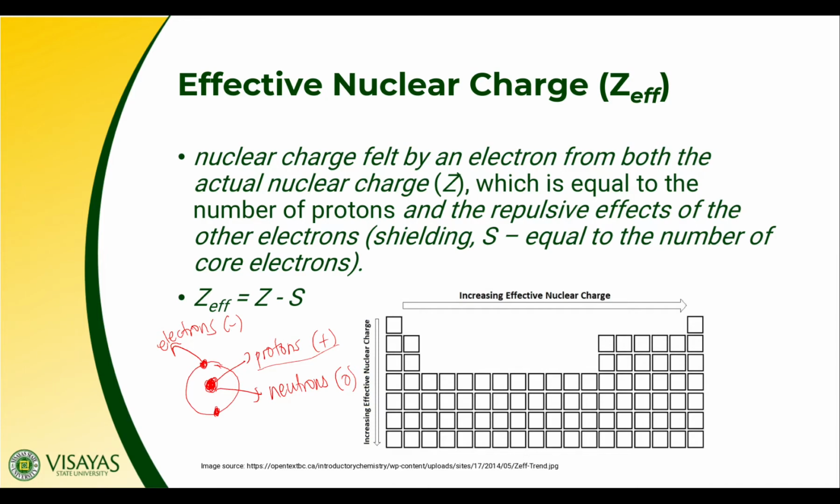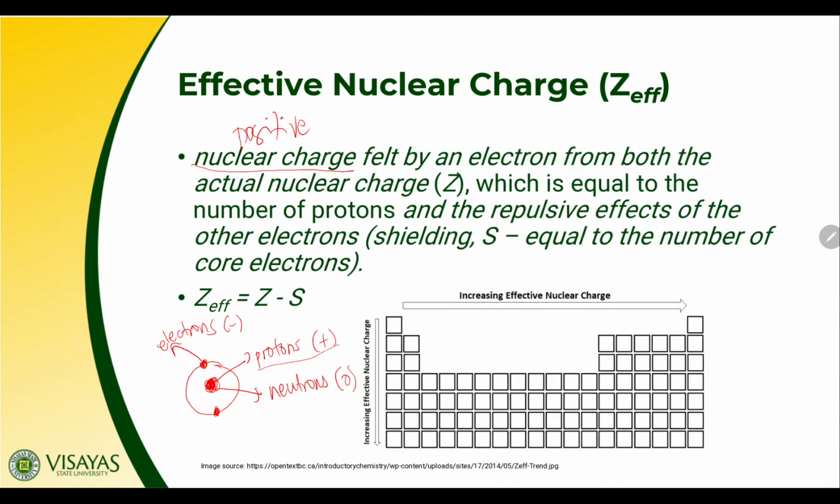What is effective nuclear charge? This is the nuclear charge. When I say nuclear charge, that's the charge of the nucleus. Since our nucleus has protons, that is the positive charge. And the positive charge felt by an electron comes from both the actual nuclear charge, which is equal to the number of protons, and the repulsive effects of the other electrons. So effective nuclear charge takes into account the actual nuclear charge, the number of protons, minus the repulsive effects of